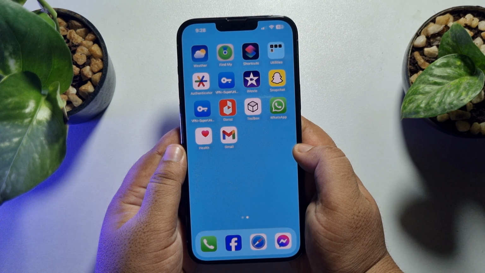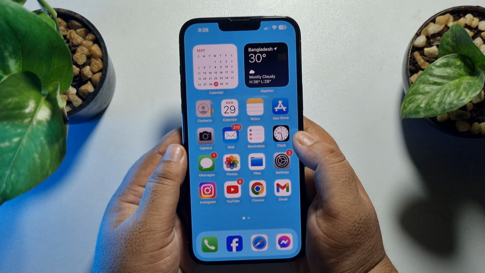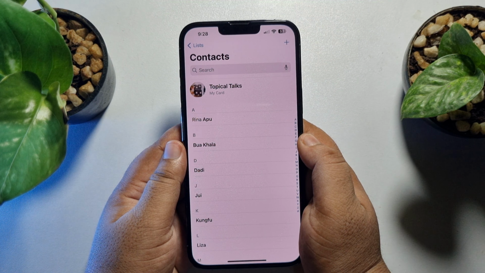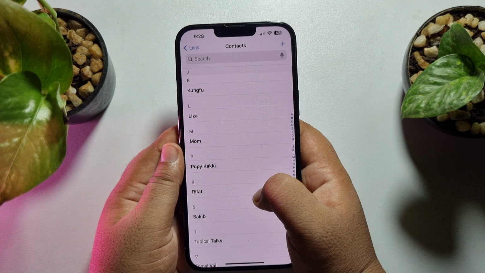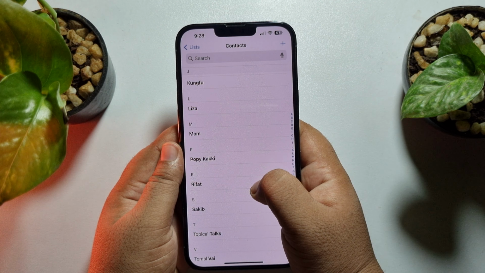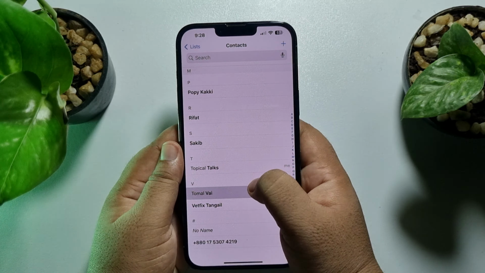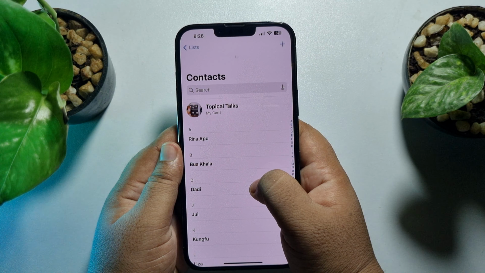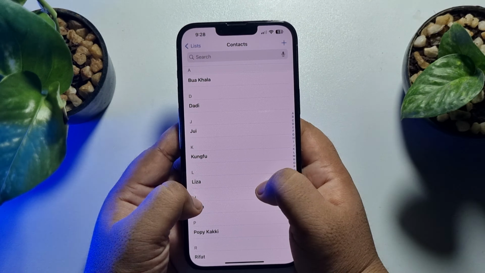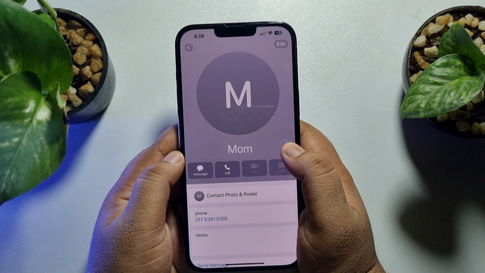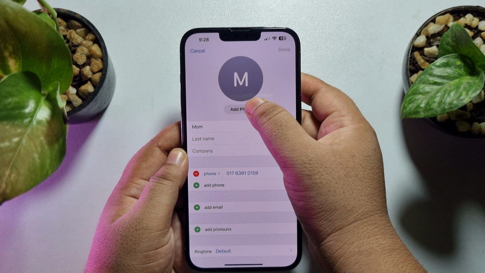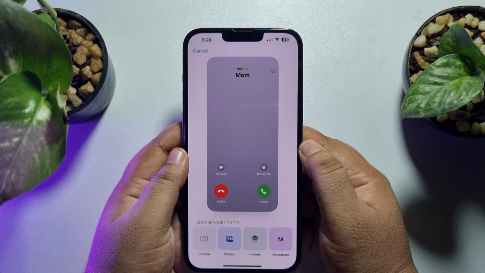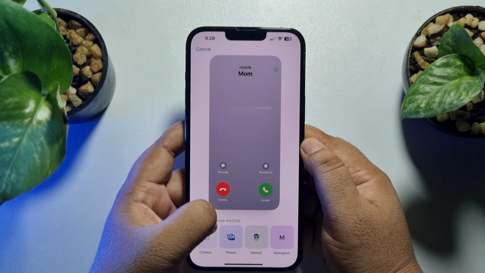First of all, on your iPhone, open your Contacts or Phone app and search for the contact to which you want to add a Memoji as the contact photo. So here, selecting this contact, for example, and now you have to edit the contact. Now tap on Add Photo and now tap on Memoji,